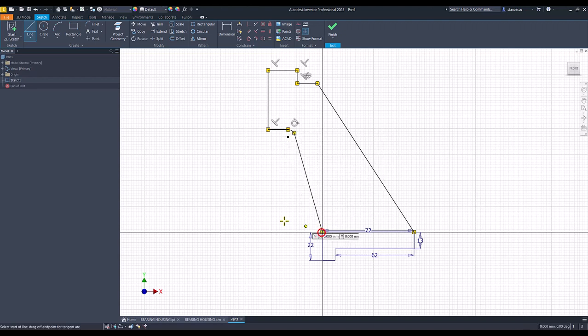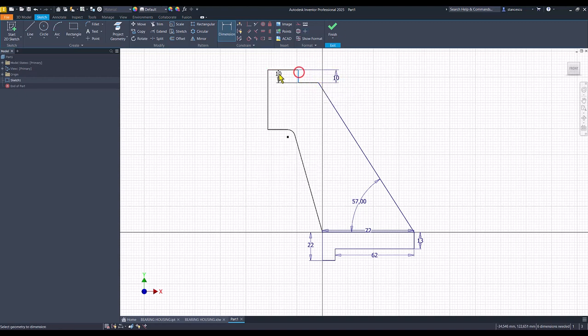And we end here. This must be tangent, and other dimensions are 57 for this arc. 10 millimeters is this,